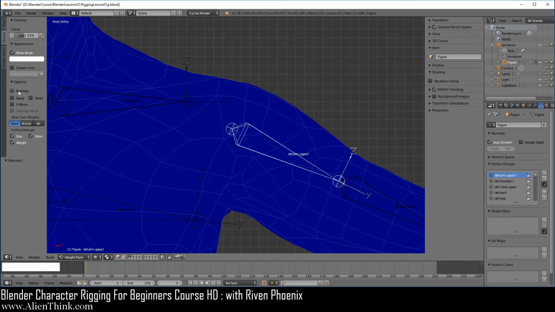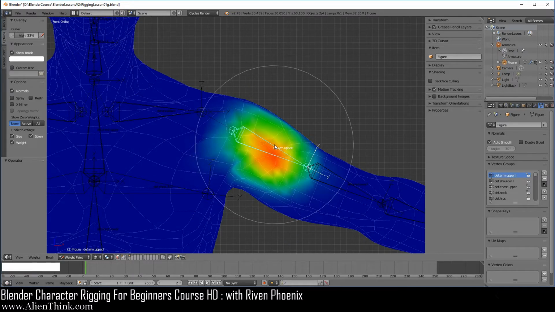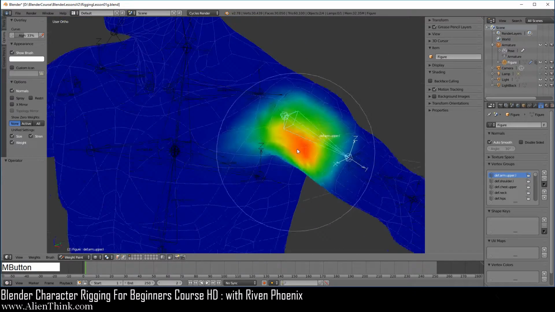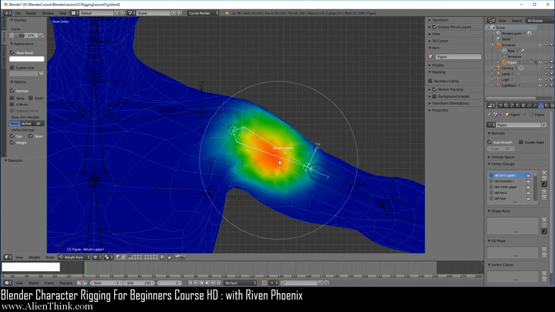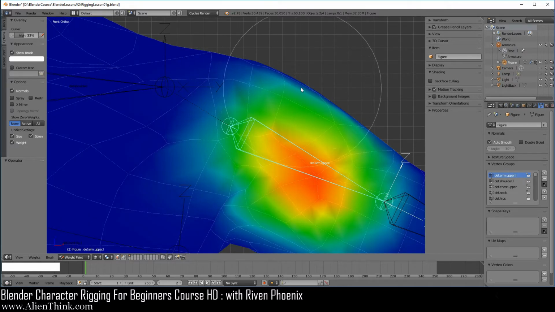So if you click on normals and now zoom out and click this, now you'll notice that it's restricted, right? We're not getting the weight values over here and we're not getting the weight values over here. So meaning that it's basing this on the fact that if the face is facing towards you in this 3D view, it will get the weights. And if the faces are not facing towards you, meaning their normals are not towards you in the 3D view, they're not going to get the weights.